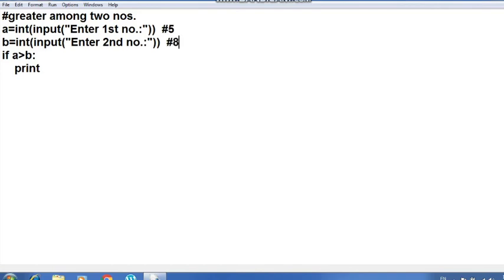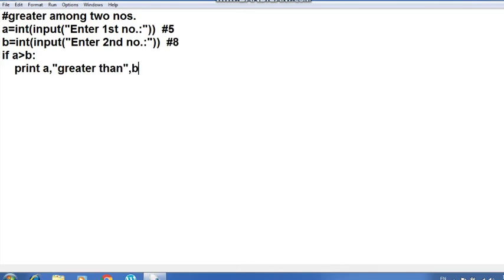I want it printed that 5 is greater than 8. So I will simply write a here so the value is printed, then the statement greater than, and then concatenate the b part.